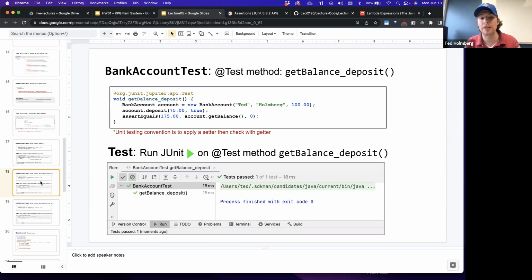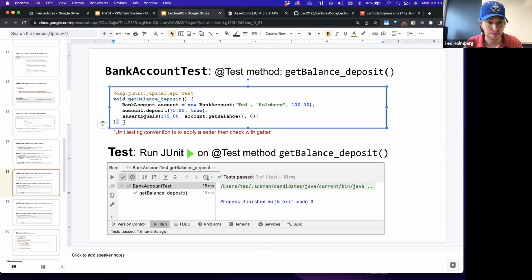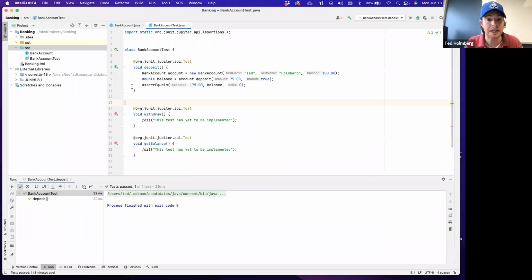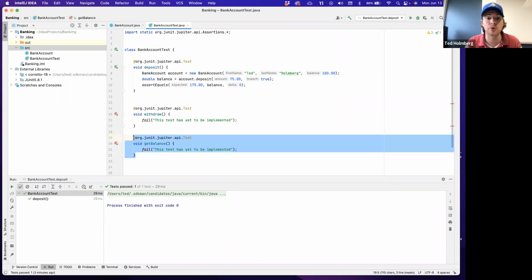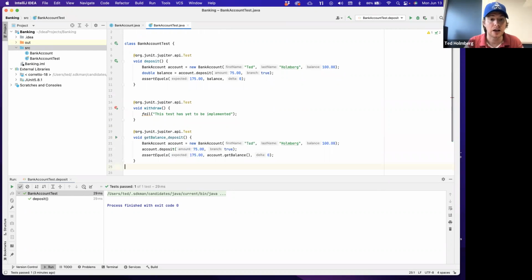So instead of just calling get balance, which doesn't really need to be tested in and of itself, what we'll do is relabel this method to be called get balance deposit, where we're going to invoke the deposit method, which is going to change the state of our bank account. And then we're going to invoke get balance to see if the state changed the way we expected it to. And so to highlight the fact that deposits are part of this method chaining that's being evaluated here, we're going to go ahead and relabel that. So I'm going to overwrite this. Instead of get balance, I'm going to do